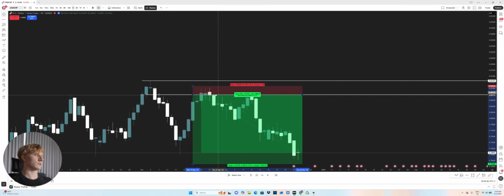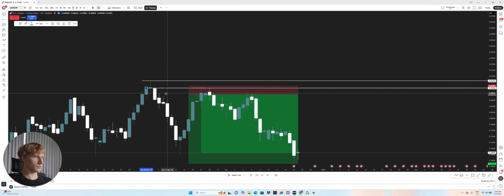But in this case, for me specifically, I would prefer targeting the wider, because based on experience, a lot of the time what can happen is price will tap into the wider while you're targeting the preferred, and then it just leaves without you.